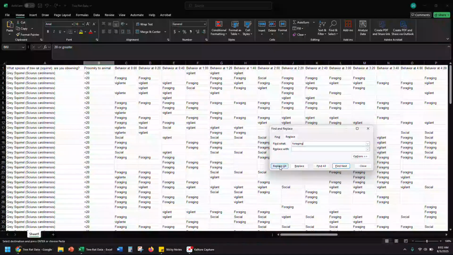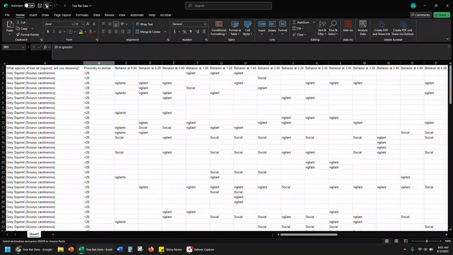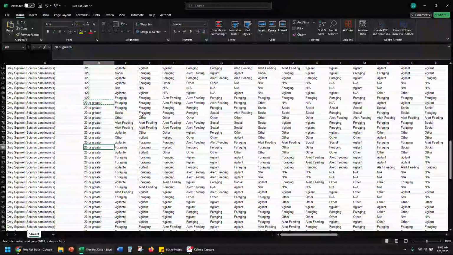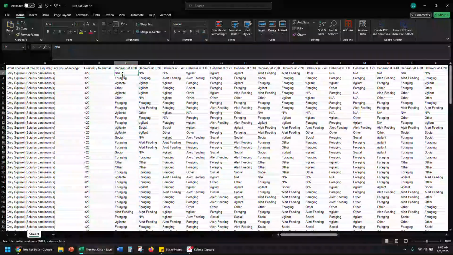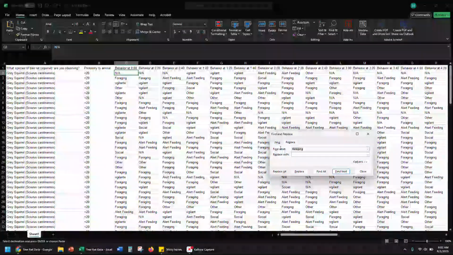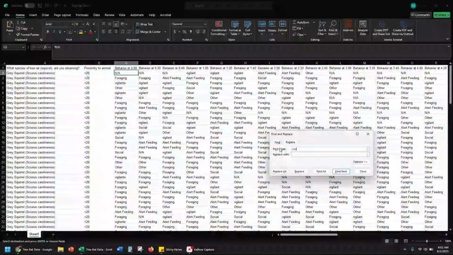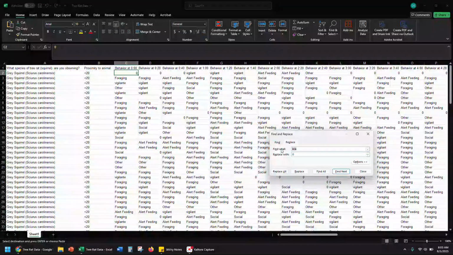Foraging. Let's get rid of all those. Right. Or actually, probably the easiest way. I'm going to go back. What you should really be doing is you go to find and replace the NA with a 0, right? So then you know that the value is still there. And now we're going to get rid of alert feeding, replace all,